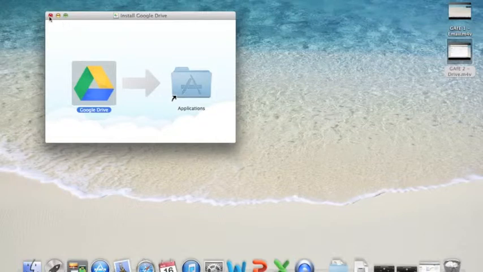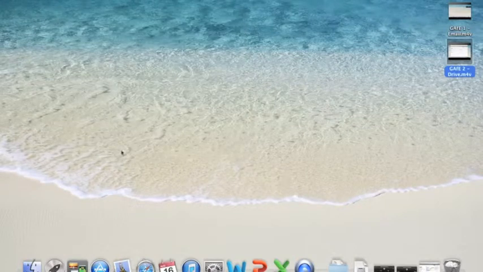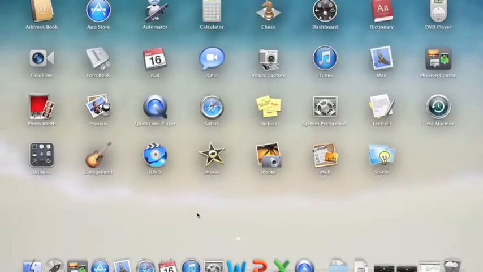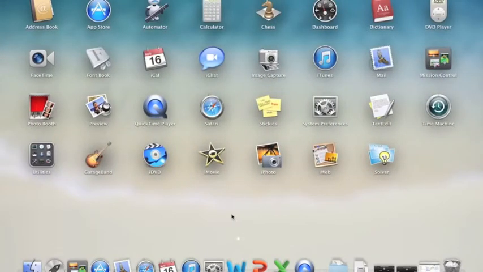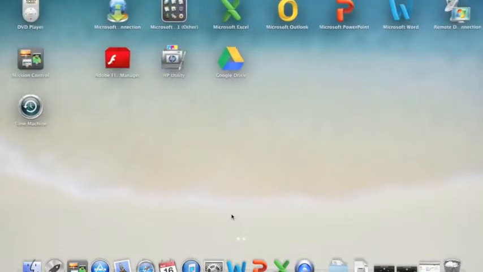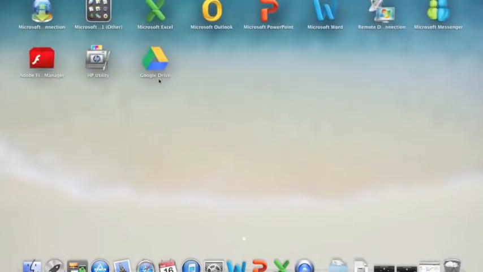So you can close this, and then to go to things that you've got installed, you should go to the launch pad, which is this sort of rocket icon here, and you will see that if you scroll across, and scrolling, if you haven't got your mouse and using the trackpad, you can do that using 2 fingers. So I'm just swiping to the right, and you can see that Google Drive is here. So double click on that,